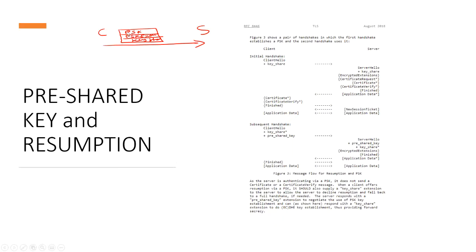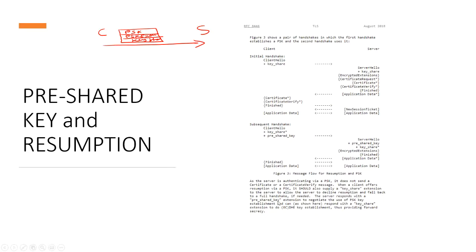Like I told previously, once the connection happened, it shared the ticket, the PSK. The client took the ticket and sent the pre-shared key to the server. The server identified, okay, this is the PSK, which has been sent in the list of PSKs. The server selects one of the PSKs. Along with this PSK, what the RFC says is